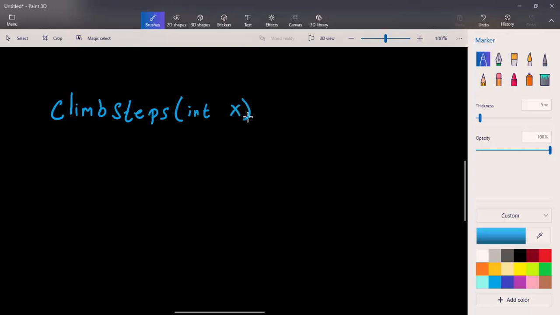Let's call it x. And all x is going to be the stair that we're climbing to. And again, at any time you feel inspired, you think that you figured out the answer, feel free to pause this video and give it a shot. So x is going to be the stair that we're climbing to. And looking back at our problem description,